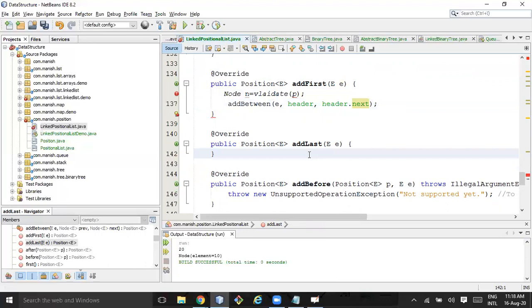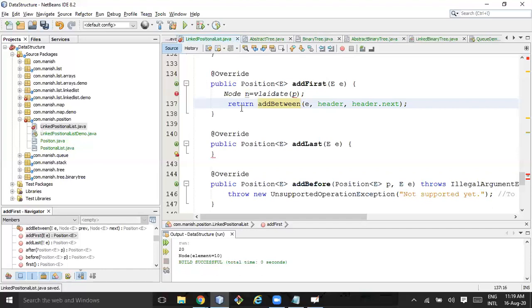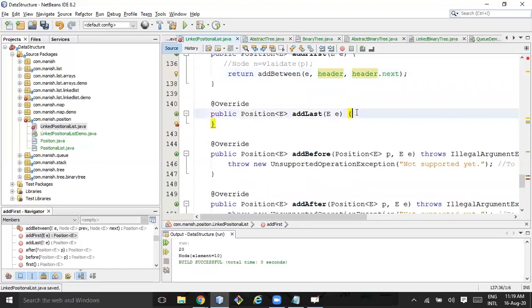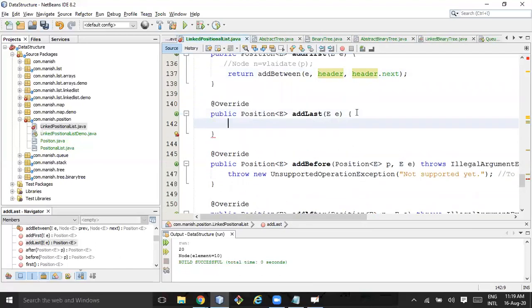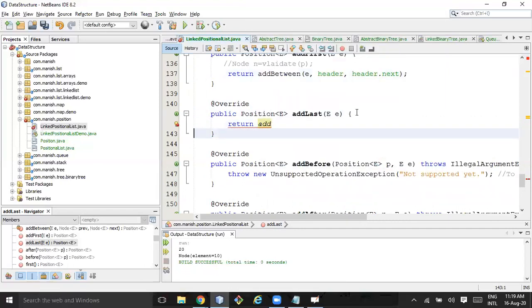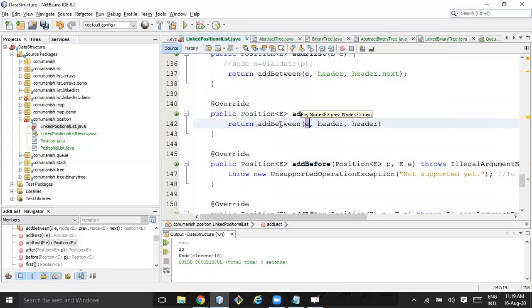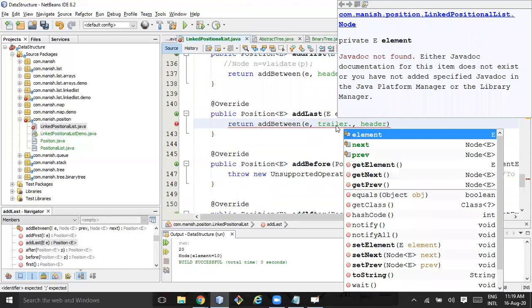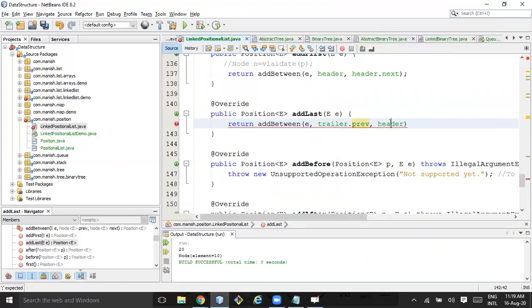Add last, so I just return this one. Add first, so no need to do this also. Add last, here also no need to do that. So I'll just return add between e. Here it should be trailer dot previous, and trailer.